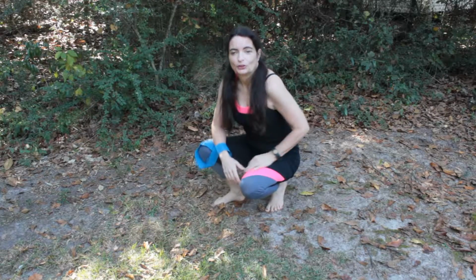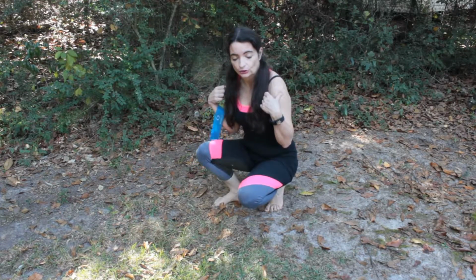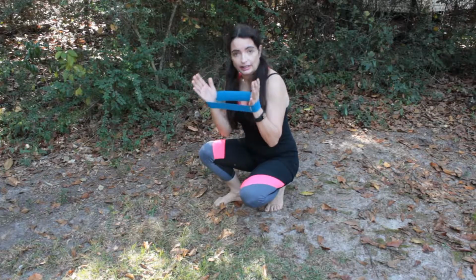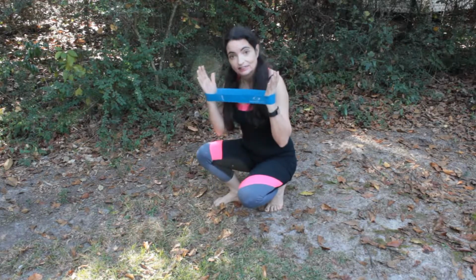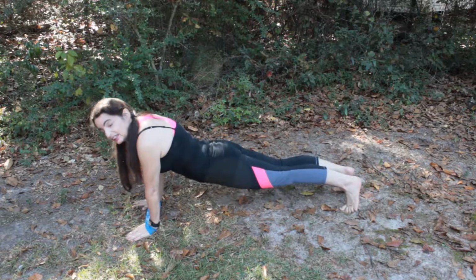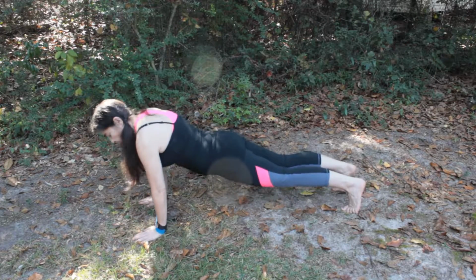So this next one's called a walking plank. You're going to love me for this one because in addition to getting your shoulders, it also gets your abs. So, are you ready for this one? Okay. So, again, start with your band around your wrist, just like that. Then you'll get into plank position, just like this. Remember, keep your abs tight, keep your butt tight, and so you put your arms at shoulders length